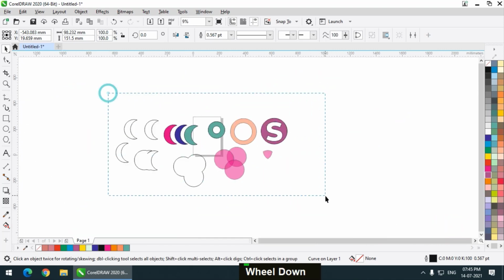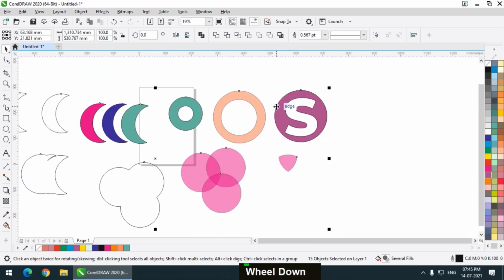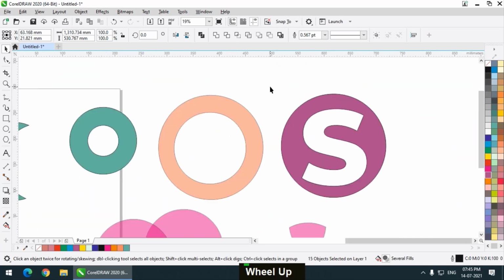So these are basically the shaping options which we have just seen, and these are very useful options while creating any shape for your design, maybe a brochure, pamphlet, or if you are designing a logo. These can be very useful options, the shaping options. So do practice these options, they are very useful.